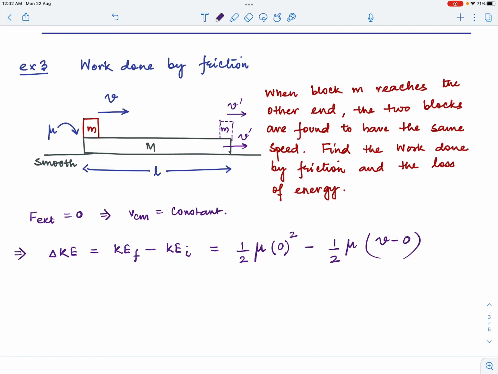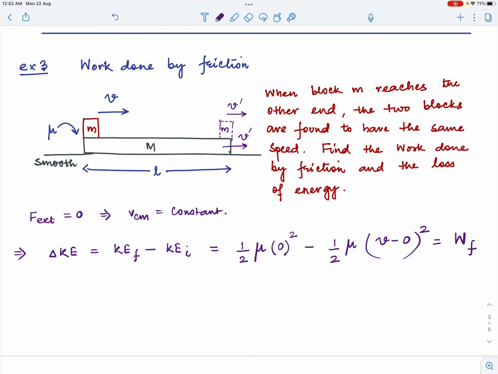Initially only small m has a speed V, capital M has no velocity. So, V minus 0 will be the initial relative velocity, and square of this. Can we say by the work energy theorem, this change in kinetic energy should be equal to the work done by all the forces that are working here, and we have already observed that the only force working here is friction. So, can we say this is the value that we will get for the work done